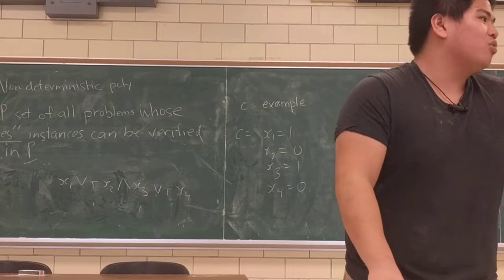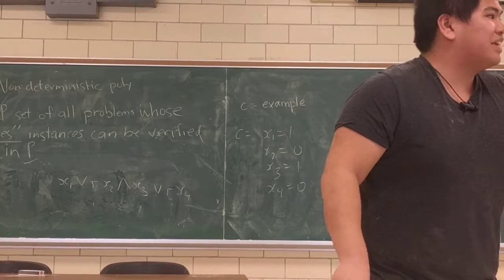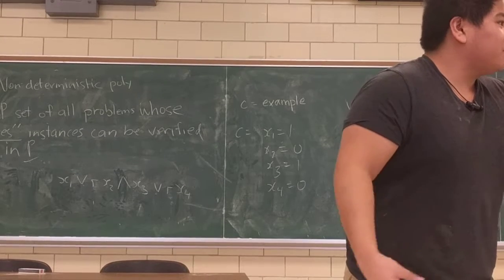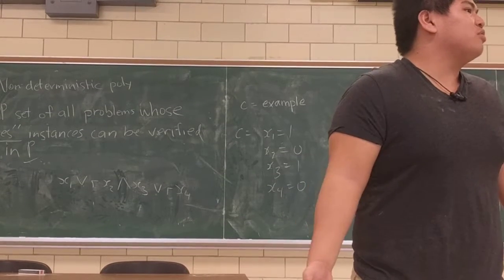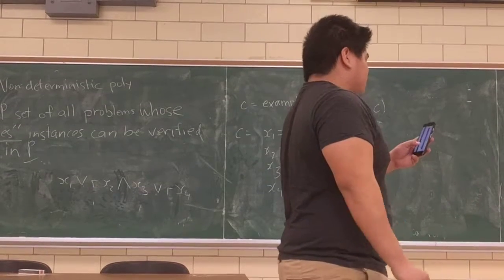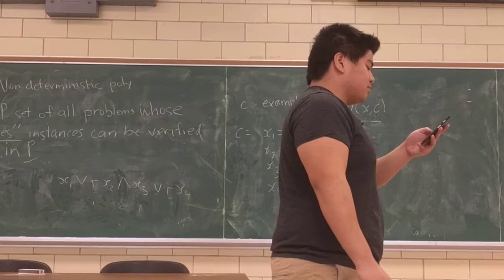So if the answer is no, that can be verified because you can give two numbers that multiply to the number. If I tell you a number is prime, how am I going to prove that? I have to check all the numbers. That's a good example. I just looked up a co-NP example, and in his lecture on co-NP,